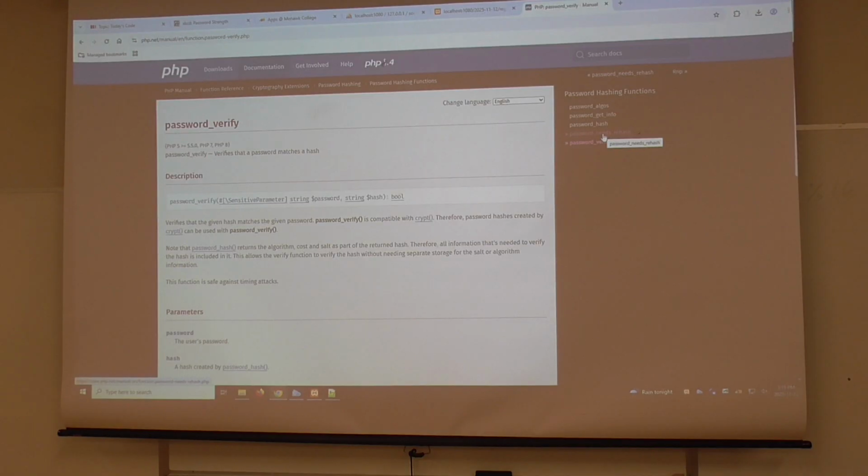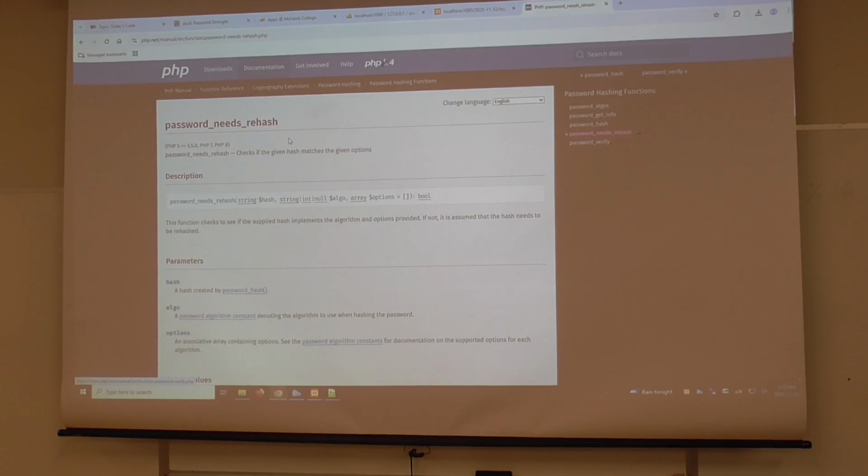Oh, here's one for it. That's an interesting one, actually. Password needs rehash. Checks if the given hash matches the given options. This function checks to see if the supplied hash implements the algorithm and options provided. If not, it is assumed that the hash needs to be rehashed.